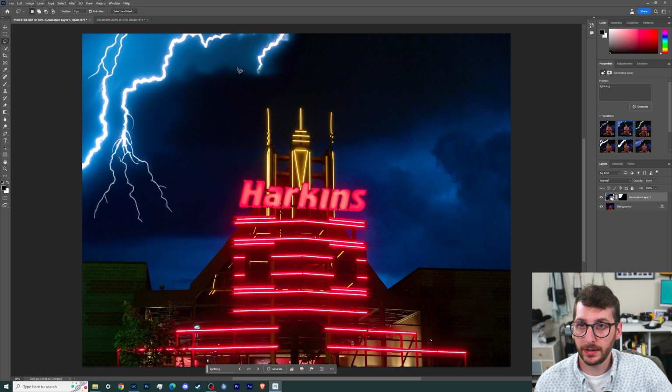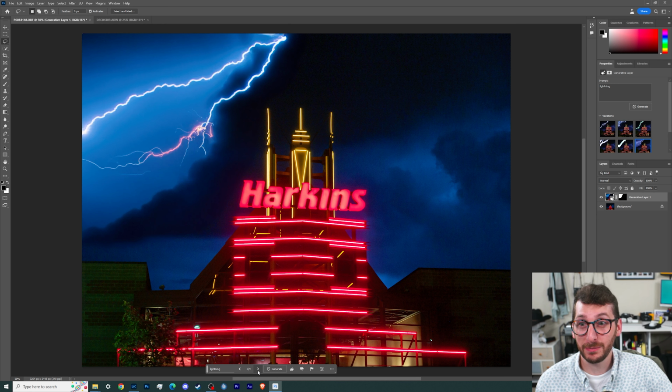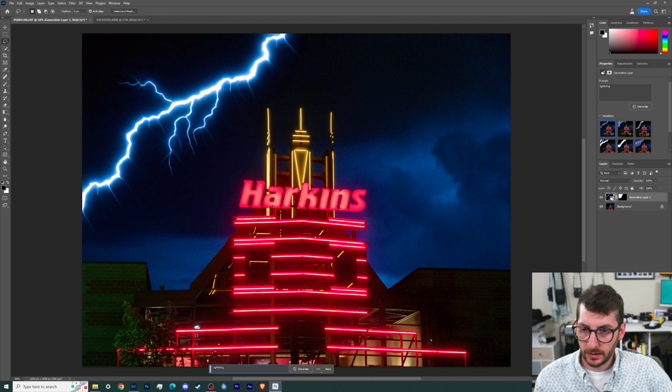Not bad. I think right up in here, it's not quite as convincing, but the rest of this is pretty convincing, and the way that it blends in with what was already here actually looks pretty good. So this is fairly decent. That one's the best one so far, I think. I think that one looks the most photorealistic. And maybe I'm just going to say